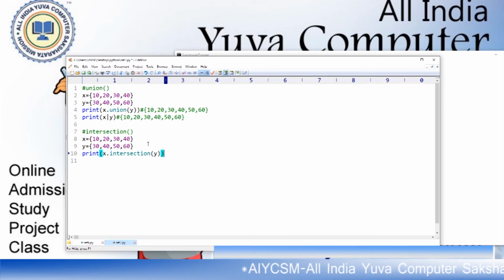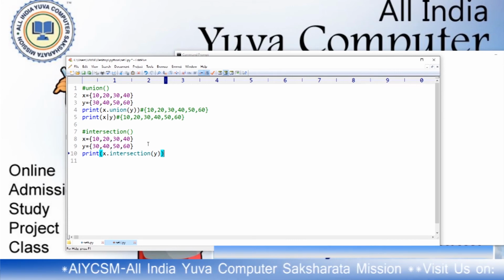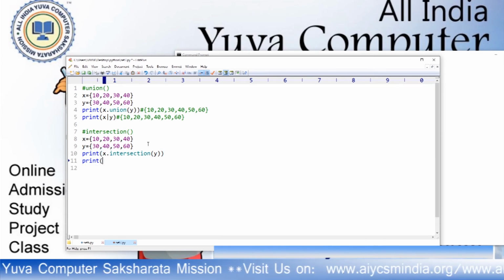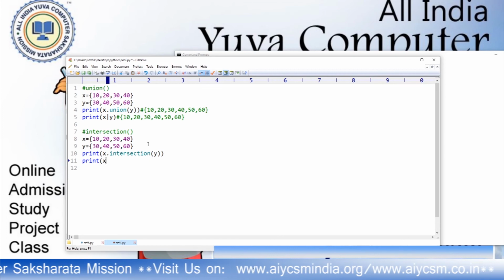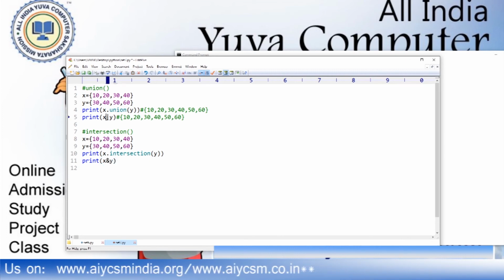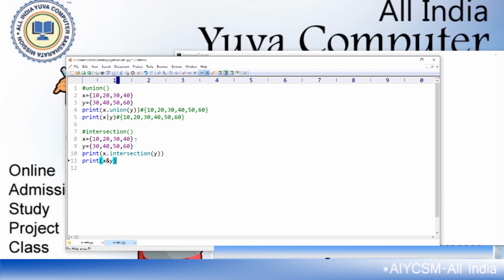You can use it like that, okay, or you can use it like print x, and this means intersection, this is union and this is intersection. You can find the common elements, that means you will find 30 and 40 only,